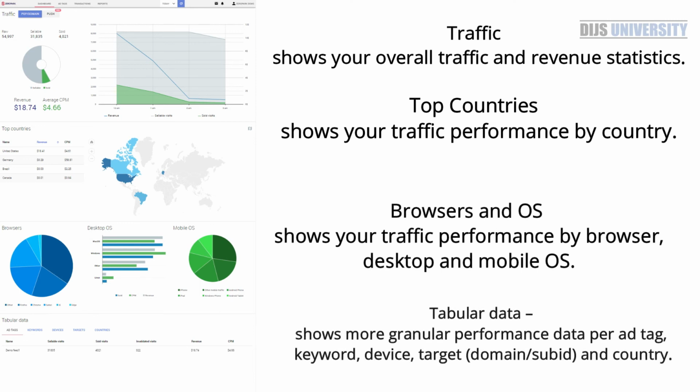And then if you want to select a time range, you just need to click the time range drop-down menu and select one of the predefined options,